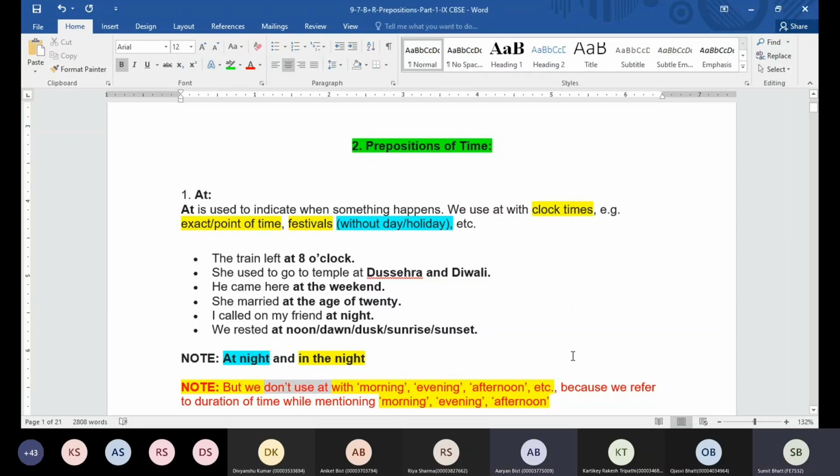We don't use at with morning, evening, and afternoon, guys. There is a rule when we have morning, evening, and afternoon: we are supposed to use in here. The reason is that when I say the morning, the evening, the afternoon, we are talking about some duration of time. The morning is the time we wake up or the sun rises until 12 o'clock. Afternoon is between 12 o'clock and 4 p.m., and evening is 4 p.m. onward till you go to bed. So here when